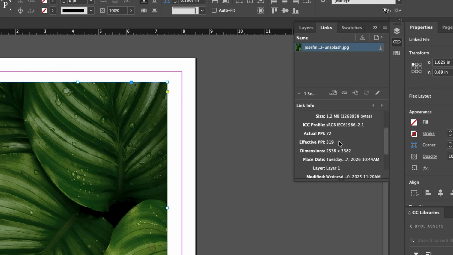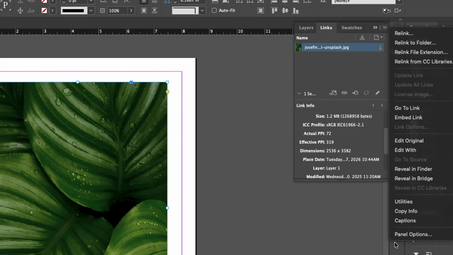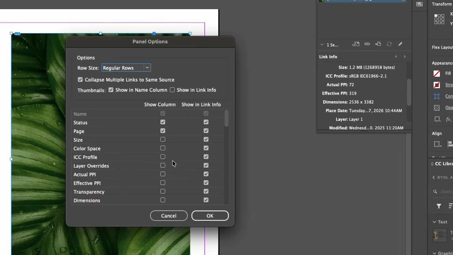But down here, a little lower, we see what says actual PPI and effective PPI. So this is talking about pixels per inch. If you're not seeing this down here, come up to the links panel menu and choose panel options. And then there's a list of all the things that you can tell InDesign to display here in this bottom section of the links panel. So you just want to make sure, like I've got a check here next to actual PPI and effective PPI,